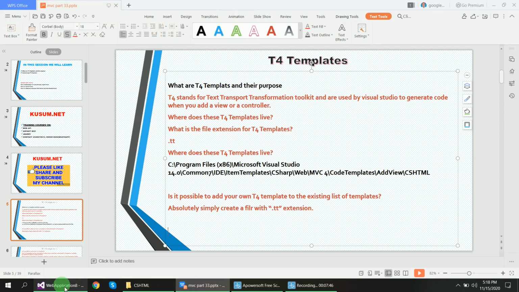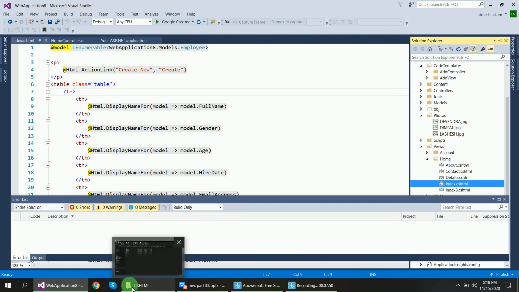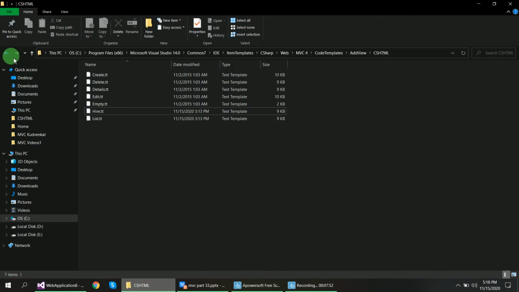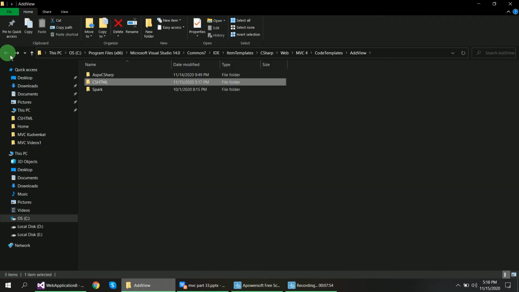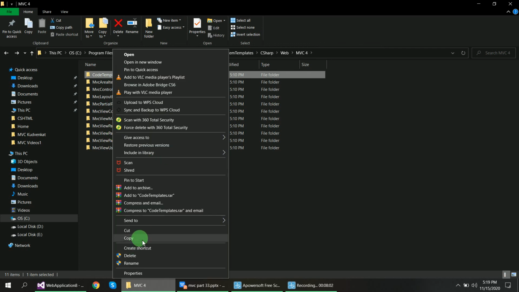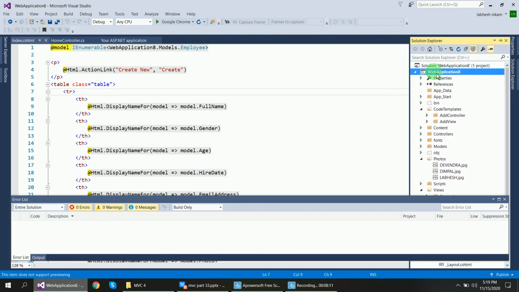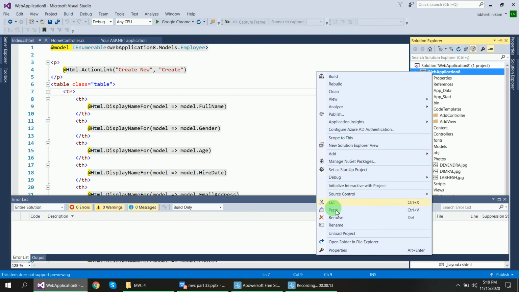Suppose I want to add these T4 templates into my application. What I will do is copy this CodeTemplates folder and paste it inside my application in the root directory. This is my root directory. Right click on it and paste it here.